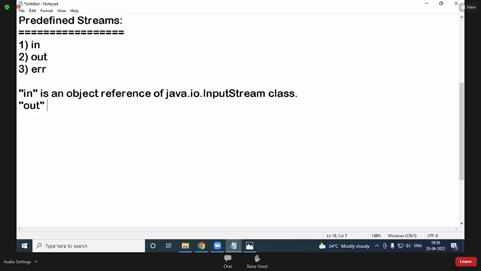Out and ERR are object references of java.io.PrintStream class. In is an object reference of java.io.InputStream class. Out and ERR are object references of java.io.PrintStream class.